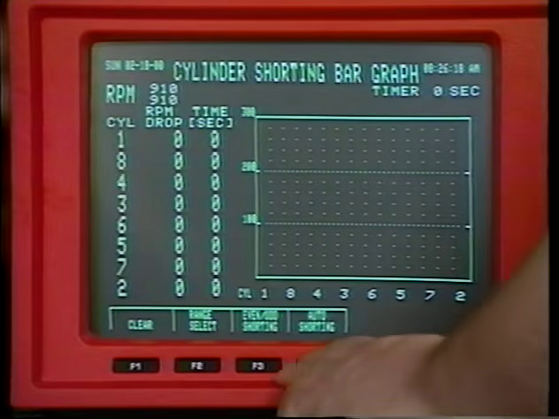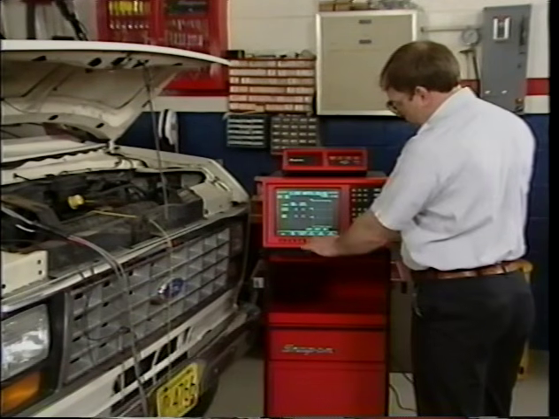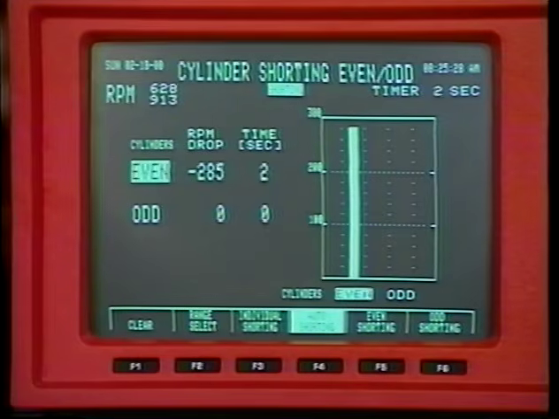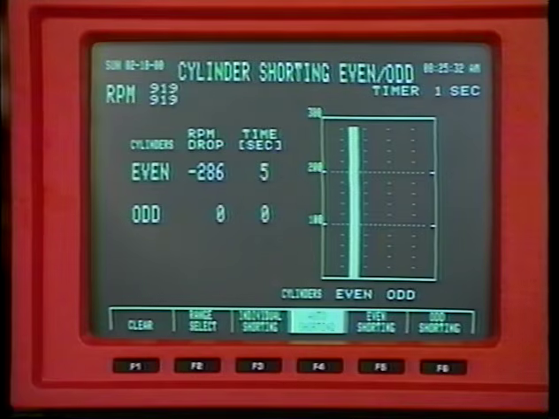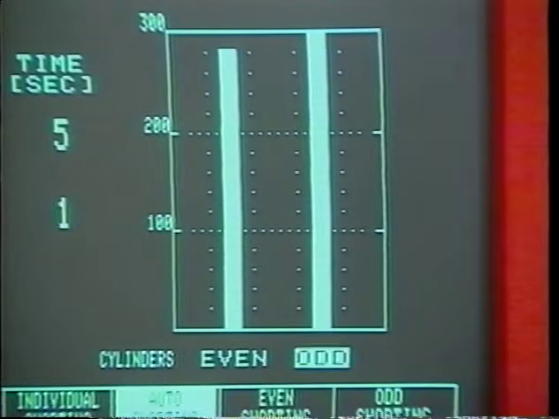Even-odd shorting takes you into a second screen. The even-odd shorting screen is similar to the individual cylinder shorting screen, except that shorting is done in even or odd groups to test carburetor balance. Shorting can be done automatically by the scope or manually with the even shorting and odd shorting keys. The even and odd groupings refer to the cylinder's position in a numeric sequence, not to the numbers that identify